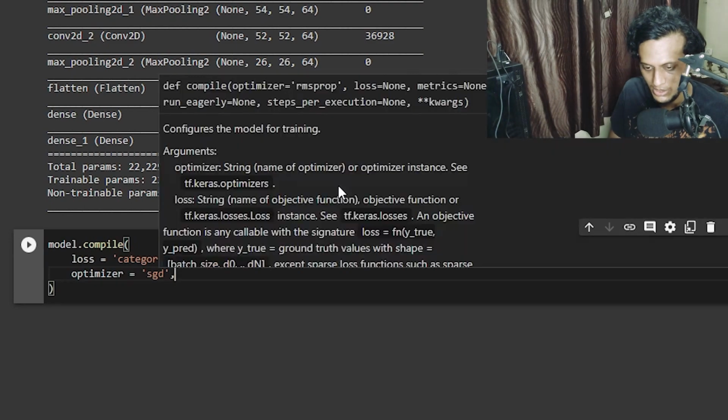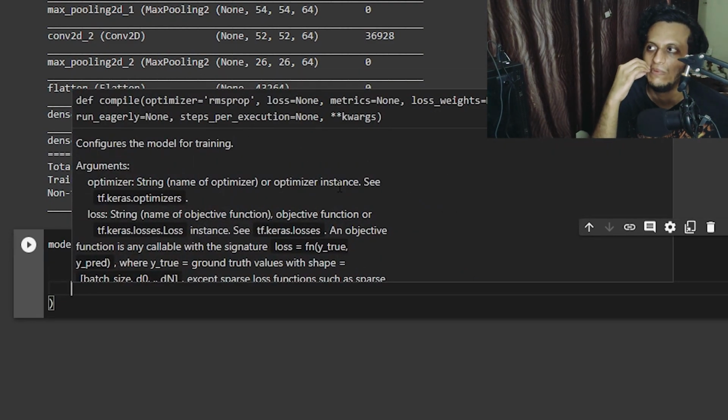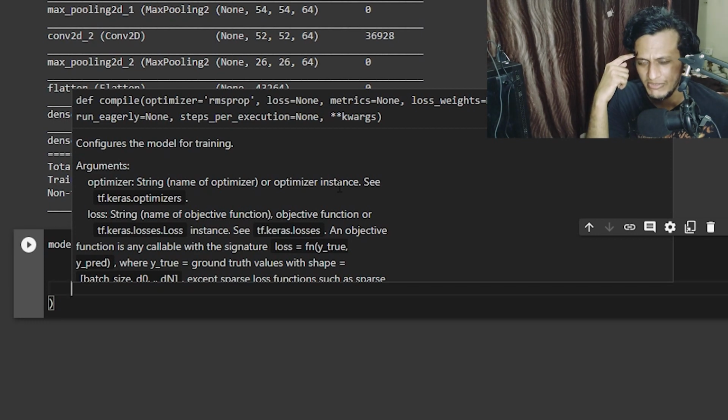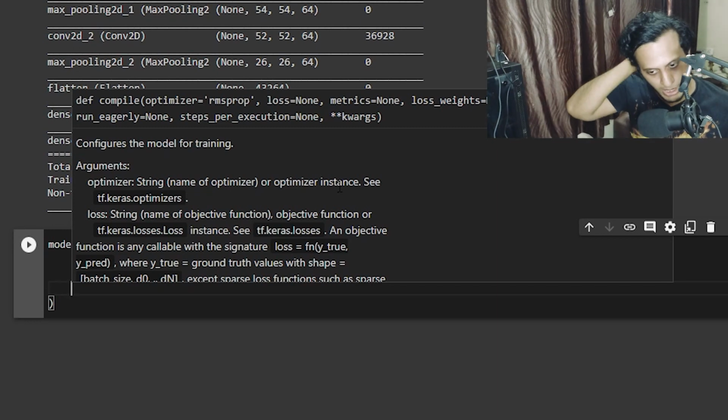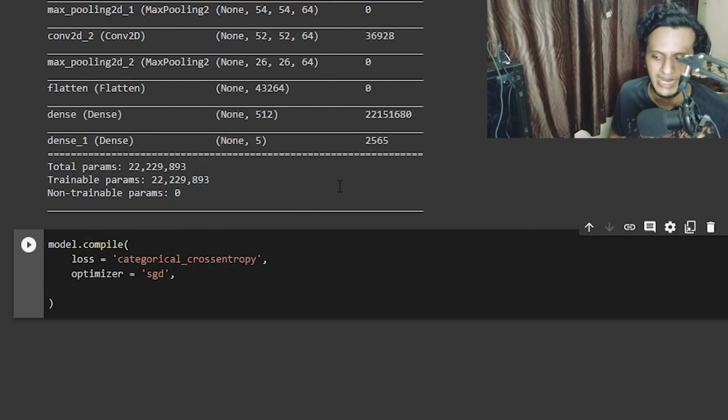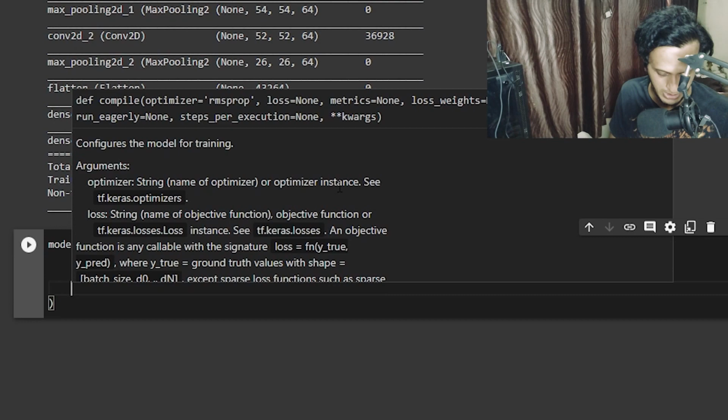There are a lot of optimizers which we will be looking at in the near future, like Adagrad, Adam optimizer, RMSprop. We will look at them in future videos, because a lot of things need to be covered.